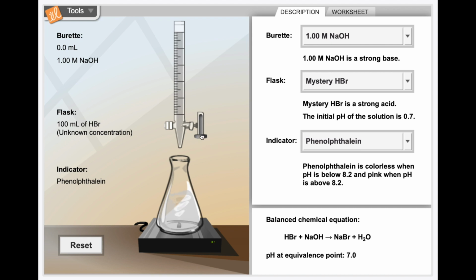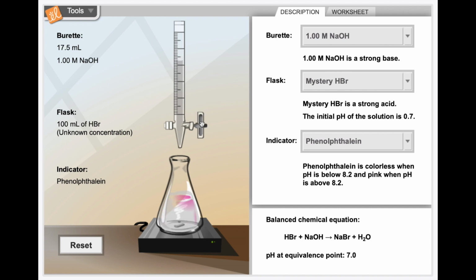So I'm going to go ahead and open up and add some of my NaOH. You can see the amount of NaOH I'm adding is changing over time. It's decreasing here. All right. It's going to go a little longer. I don't see any color change yet, so I need to keep adding NaOH. Add a little